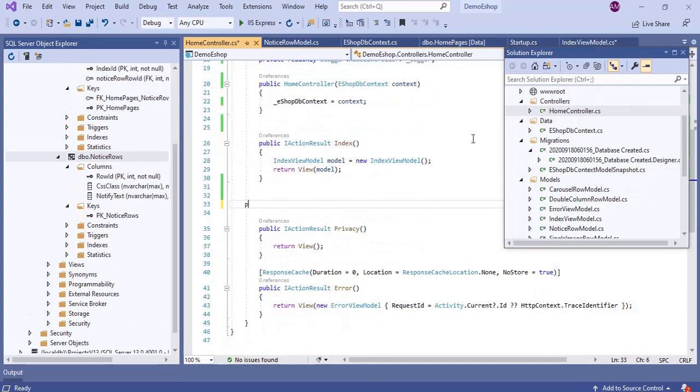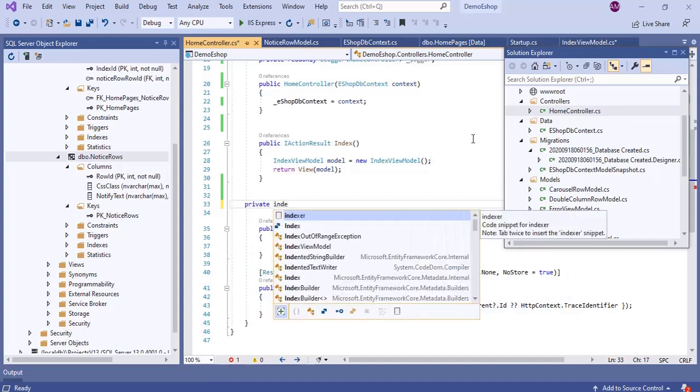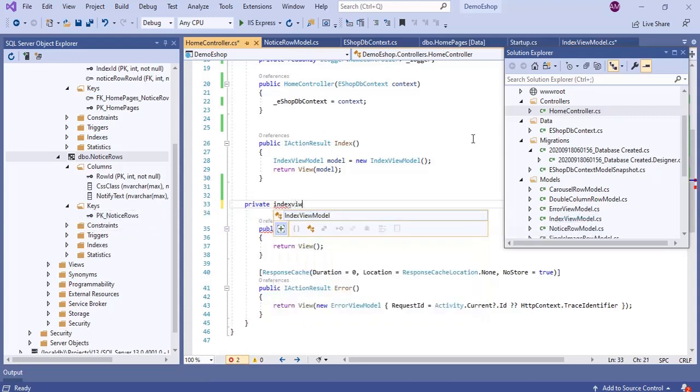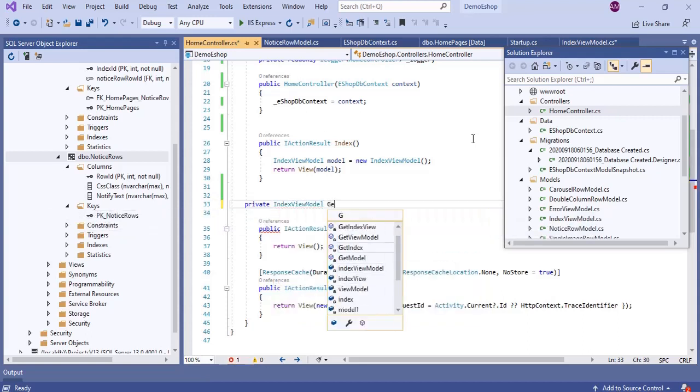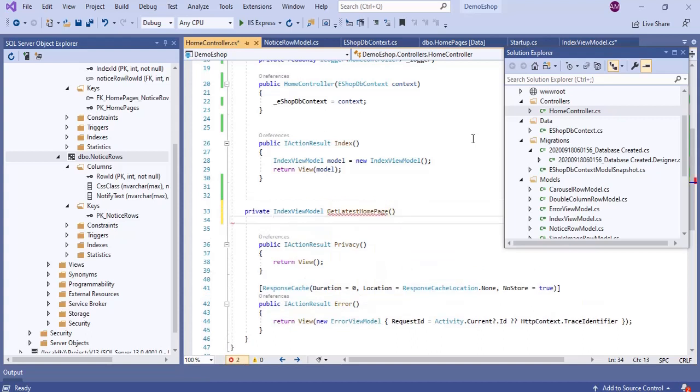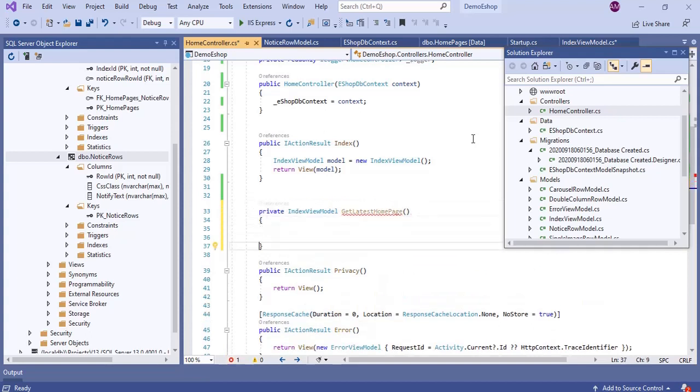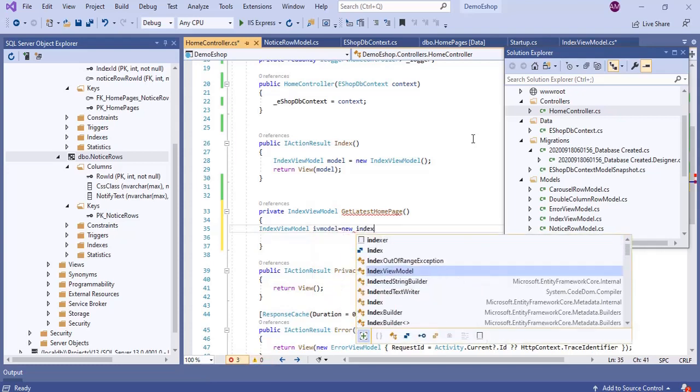Now we will add the method to retrieve the index view model from the database. We will name it Index view model GetLatestHomePage. First declare the index view model, IV model, equal to new of index view model.